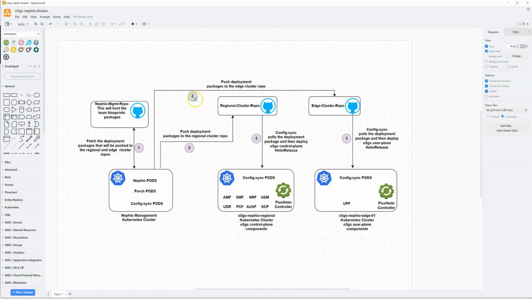So the second step, like I said, is you push the deployment packages to the edge cluster or to the regional cluster, and once you do that, Config Sync will pick up the changes and then do the deployment in those clusters. Here I have the Flux Helm controller. Like I said, I'll be making use of Flux and Helm charts instead of an operator. So let's see how